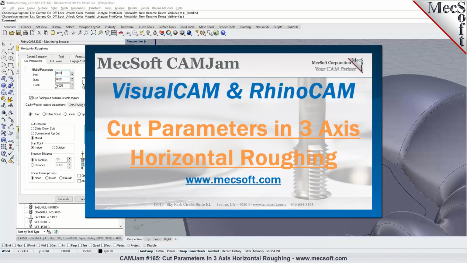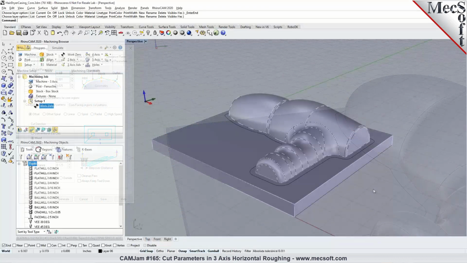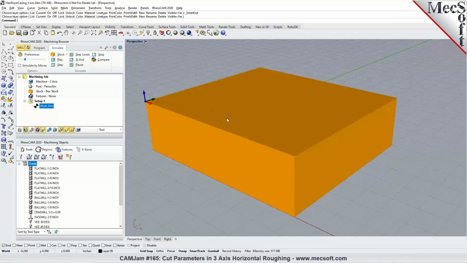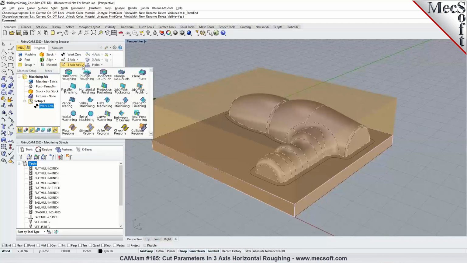Now, the next step here is we're going to take a look at how we're going to go ahead and program this part. So like we talked about in the machining workflow, the first step is to create a roughing toolpath so we can rough the stock out to bring it as close as possible to the finished shape of our part geometry. So to do that, I'm going to go over to the 3-axis methods and then select horizontal